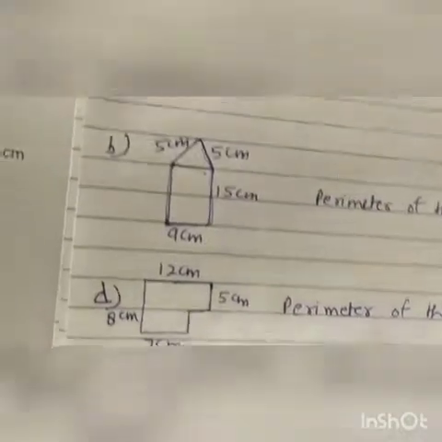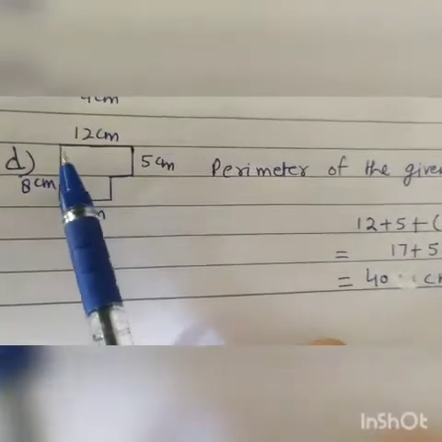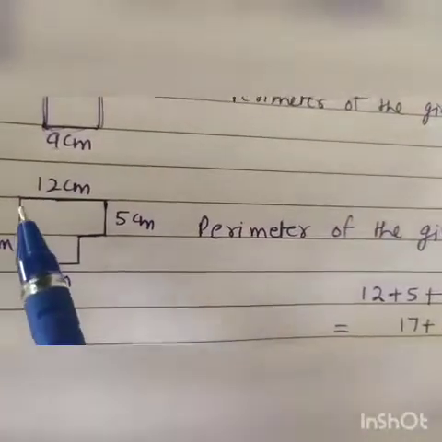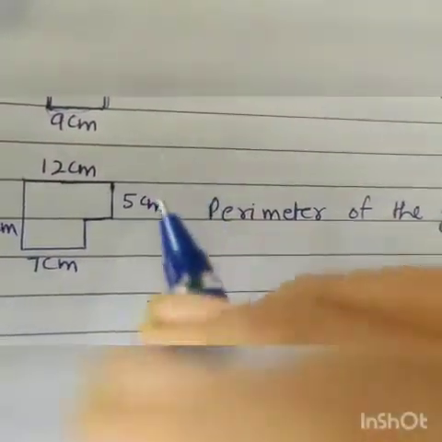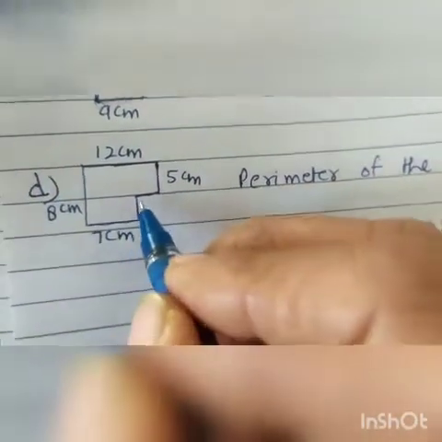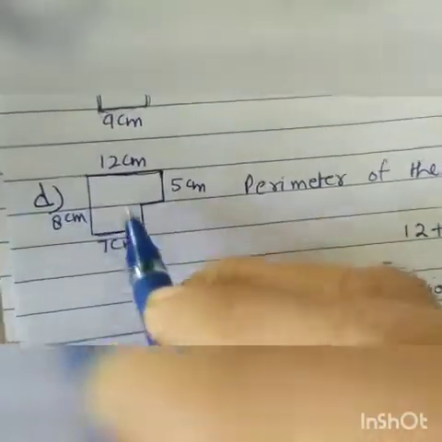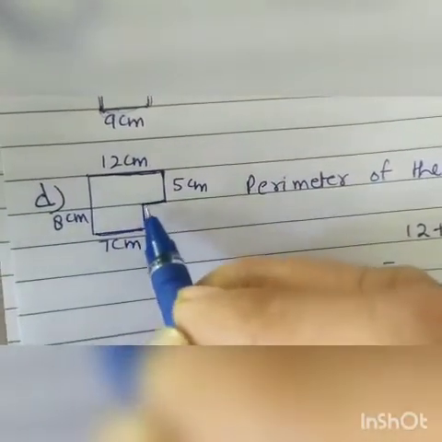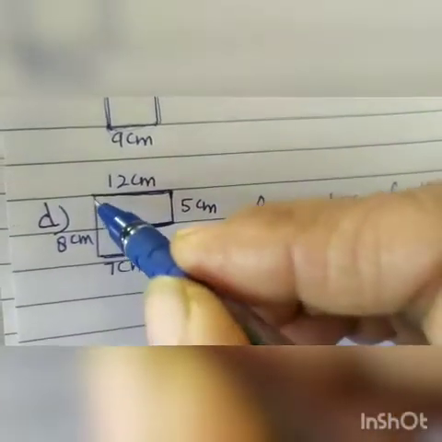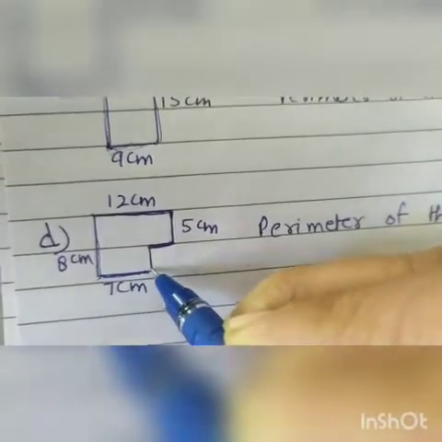Now next, first students, by mistake I have done first D. This one is the figure. If we start, this side is 12 centimeter, this one is 5, this one is 7, this one is 8. What will be the measure of this side? See. This one is 12 and this one is 7. If we subtract this 7 from this 12, then we will get the measurement of this side. In the same way, if we subtract this 5 centimeter from this 8 centimeter, then we will get the measurement of this side.